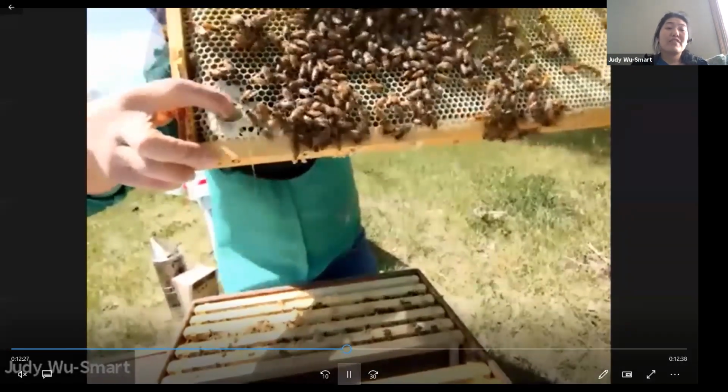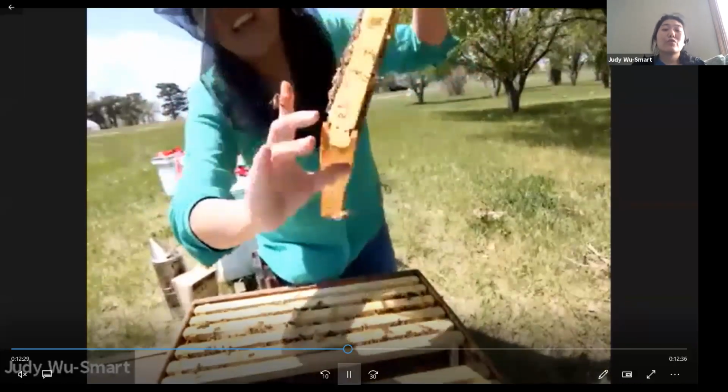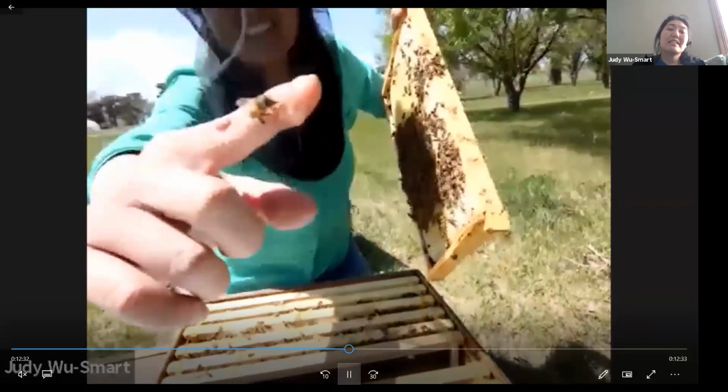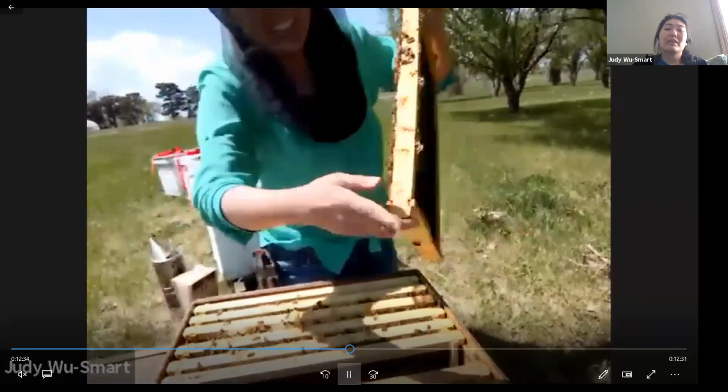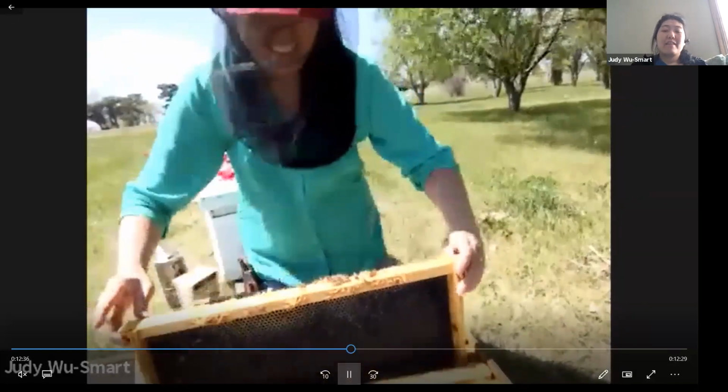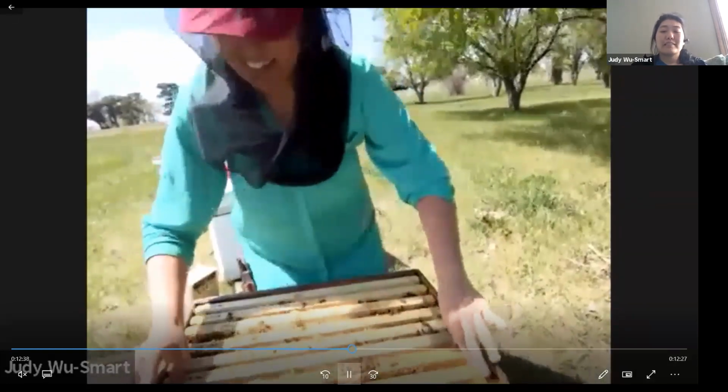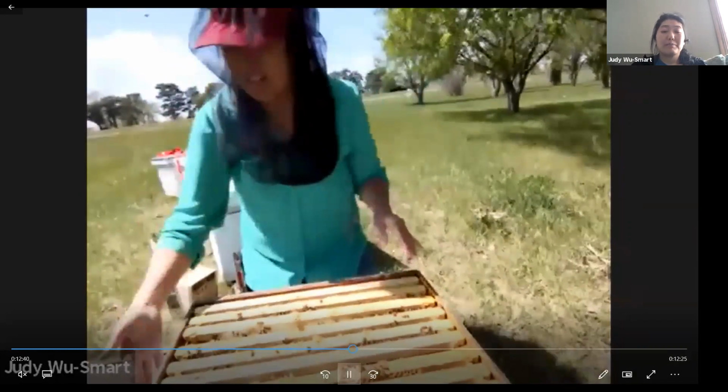So there you go. If I put my fingers right in there, oh my goodness, that is fresh honey right there. And that honeybee immediately starts licking the honey right off my finger. They have very strong sugar receptors that can sense when nectar and honey is nearby.